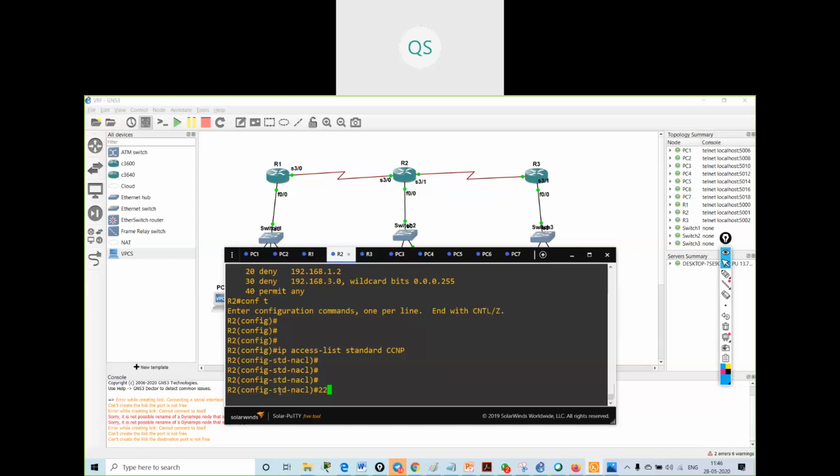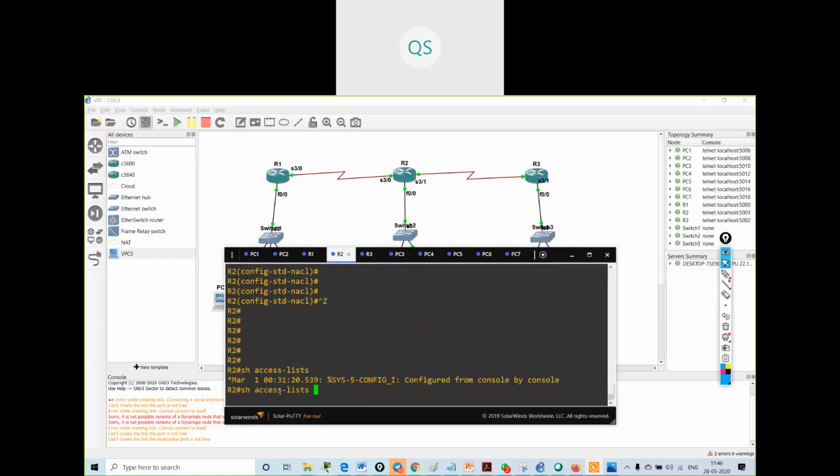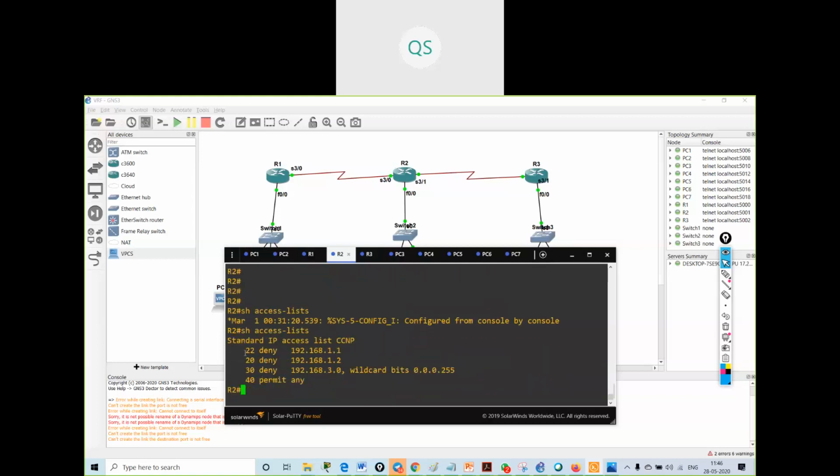I will say 22 deny 192.168.1.1 0.0.0.0. See, if I go and verify the access list, my 22 has been added over here. Got it?